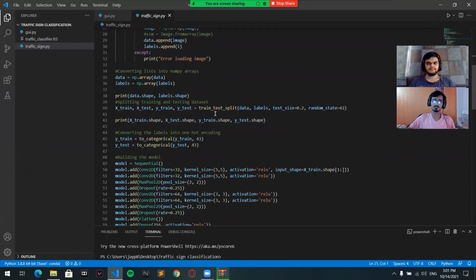So finally, we have stored all the images and their labels into lists, that are data and labels. We need to convert the lists into NumPy arrays for feeding to the model. To check the shape of the data...